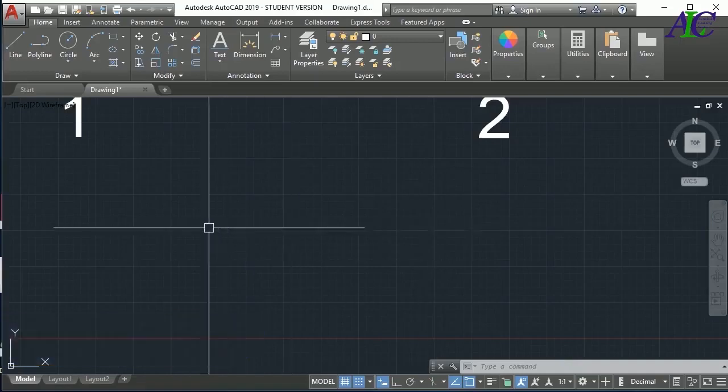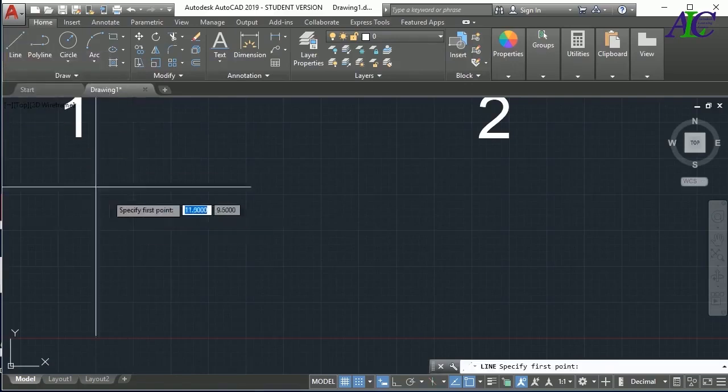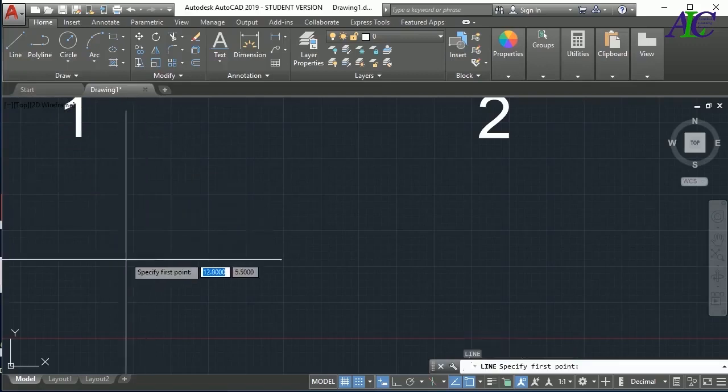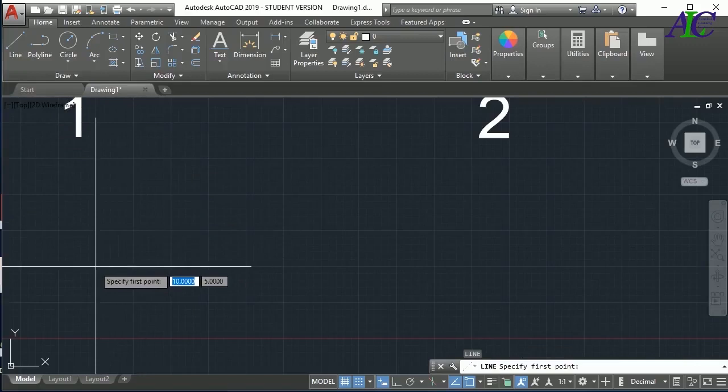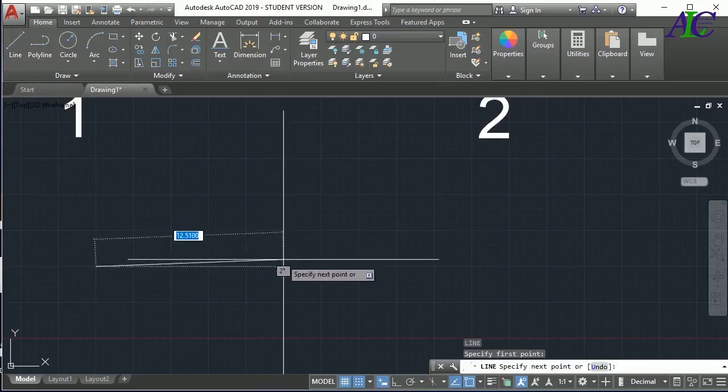Welcome. In this part I am going to teach you how to draw. Okay, let's start from line. Select line, or you can type L. Just the shortcut is L, and then you can specify first line and second line where you want,